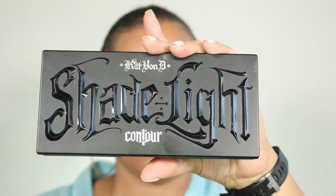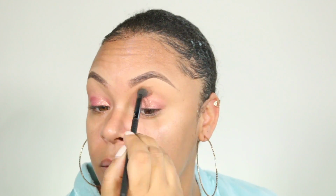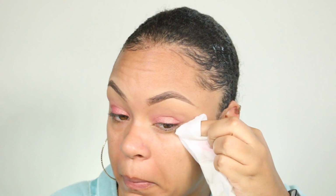Okay, so I'm gonna do a light crease color, and this is my Kat Von D Shade and Light palette, and of course you saw that it was the light brown shade in this palette. Just gonna put this in my crease, and then I'm going to take a makeup wipe and just clean up my edges, get that makeup off the corner of my eyes,